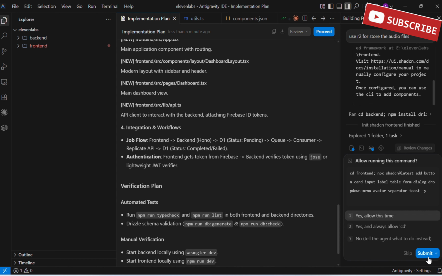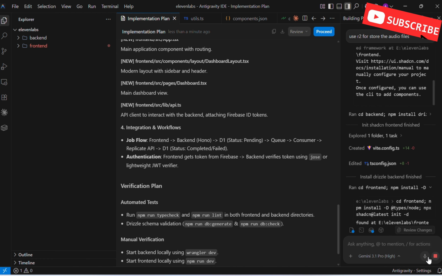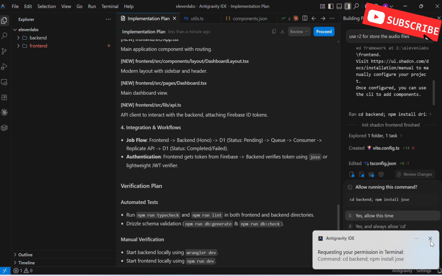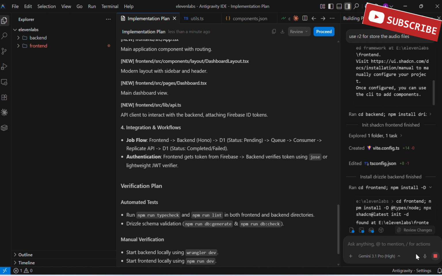The complete processing pipeline looks like this. Front end, Cloudflare Worker, D1 database, Cloudflare Queue, AI Gateway, ElevenLabs or Replicate, Cloudflare R2, user download. One of the biggest advantages of this architecture is cost. Thanks to Cloudflare's free tier, developers can deploy a professional-grade SaaS application with almost zero infrastructure cost during the early